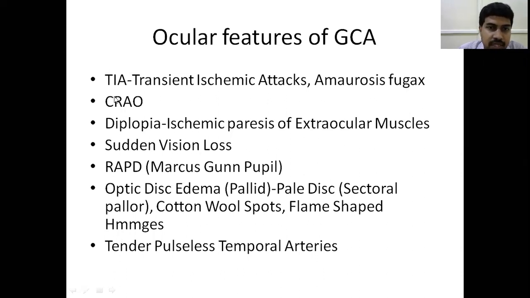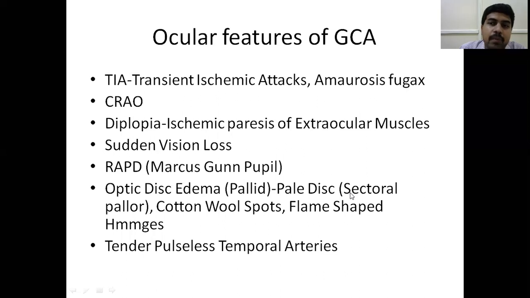Sudden visual loss because of CRAO or optic atrophy itself, or optic neuritis. RAPD, optic disc edema. And here the specific condition is it is a pallid disc edema. Pallid means the disc is pale, because I told you the color of the optic disc is usually because of the blood supply. So here what happens in ischemia, there is no blood supply. So because the blood supply to the optic nerve is interfered with, as there is ischemia, the disc becomes pale. Normal color of the optic disc is pale pink because of the blood supply. But because of ischemia, it becomes pale. And along with that pale, if there is some disc edema, you should think of anterior ischemic optic neuropathy.